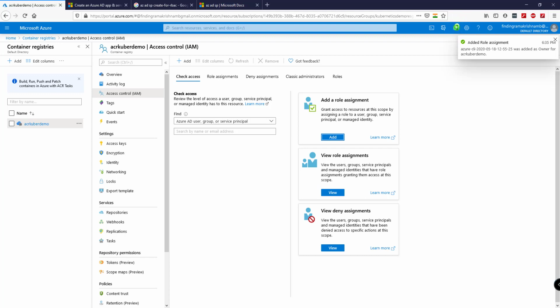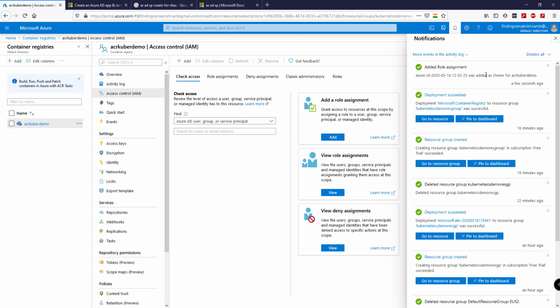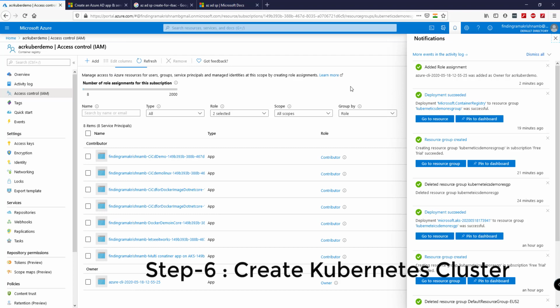So the role assignment for our principal account was successfully added, so that our principal account can communicate with this Azure Container Registry to pull or push the image and build the image. Now we have added the role for the service principal account.